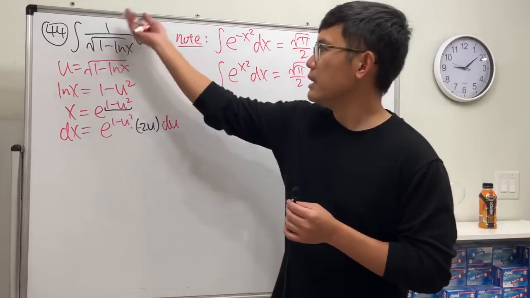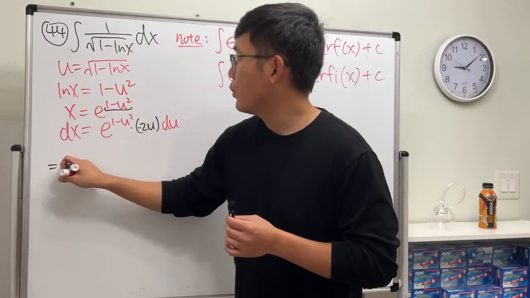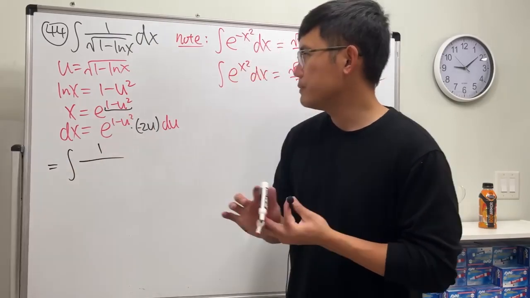Let's see what happens. Alright, so this right here, we have the integral 1 over,